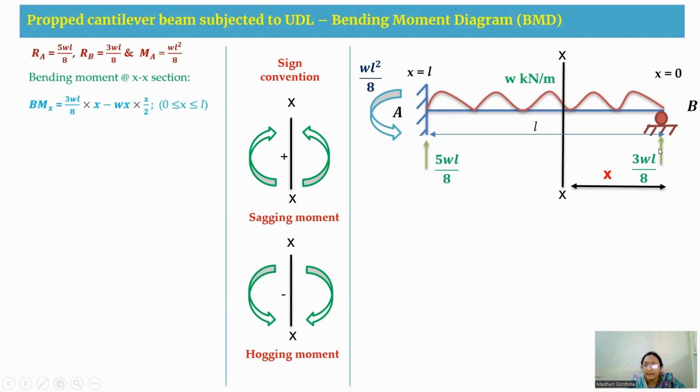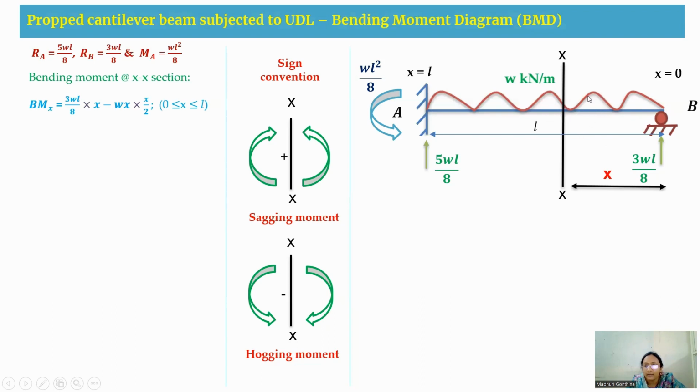here at B support, we are having an upward arrow value. So upward arrow, in the sense towards the right hand of your section, you are getting it as anti-clockwise. So even though it is in the anti-clockwise direction, the arrow is heading towards the upward of the section. Therefore, the bending moment equation about this XX will be 3WL by 8 into x minus